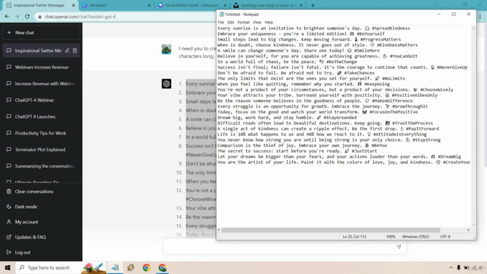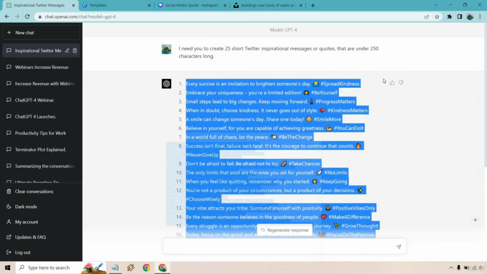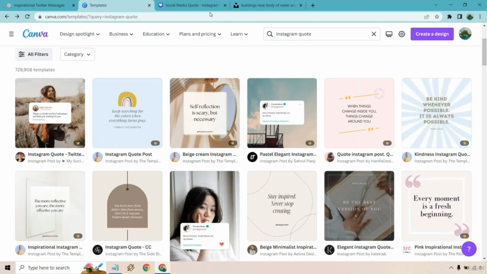And I don't know if I want the emojis in there. I'm not sure if they're going to come out great. So what I'm going to do is just delete them. I'm not going to make you watch that, but I'll do that now. Okay, now that that's done, I'm just going to highlight them all and copy them because we're going to need them eventually in Canva. So over in Canva, what I did is just search for an Instagram quote,